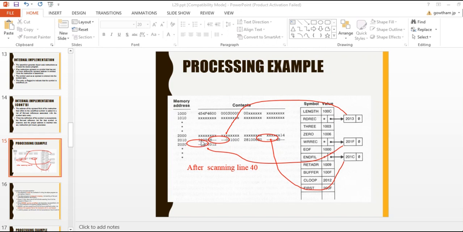So 0, 1, 2 and this is 3. So 2013 is the address location where the value is substituted. The next one here is 201C, and here it is 201F. So this is the status after scanning line number 40.